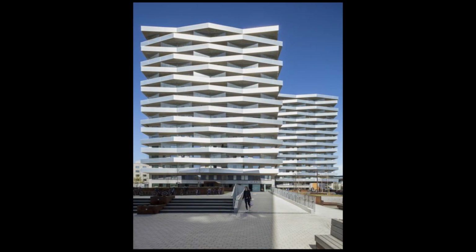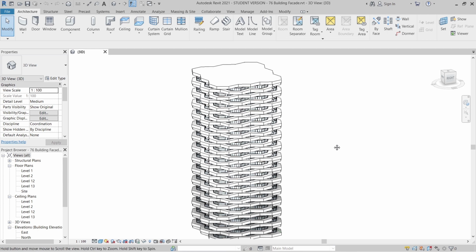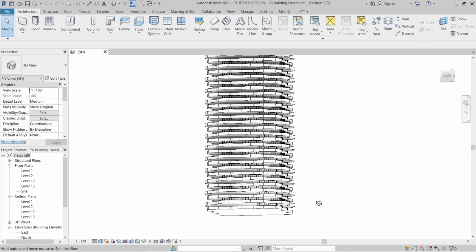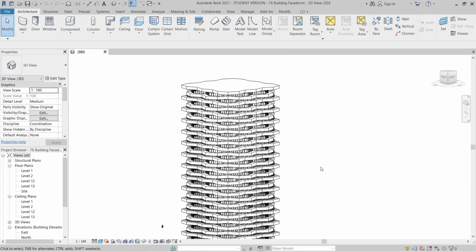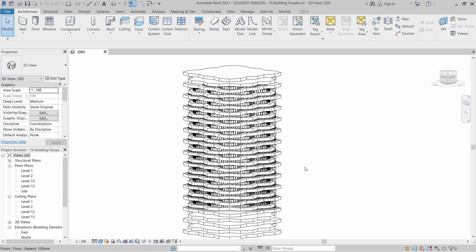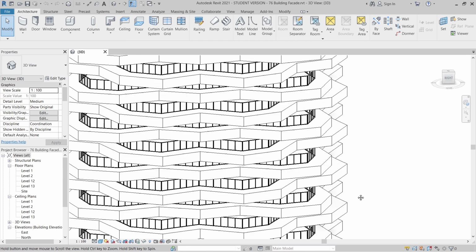I also got some project reference before we start drawing our building here. Okay, alright guys, as you can see on my screen here, we got some project reference. It's our building, a complex shape building here. And of course, I will guide you and give you a quick concept and a quick way to create those kinds of complex shape buildings like here.